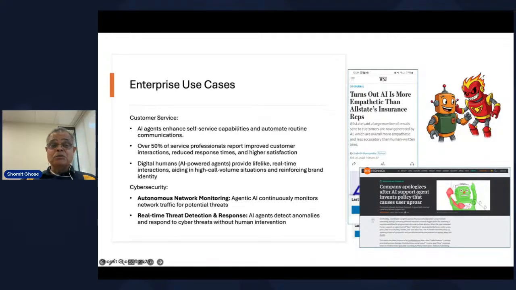Agentic AI within customer support has been pretty broadly deployed by now, and it's had both this Dr. Jekyll and Mr. Hyde moment. In the former, here you can see the Wall Street Journal article. Allstate Insurance found that AI is kinder to end customers than human agents are. I guess because agentic AI never has a bad day. And you can also have the Mr. Hyde moment when you see a technology company here whose AI agent hallucinated a customer policy to the consternation of all.